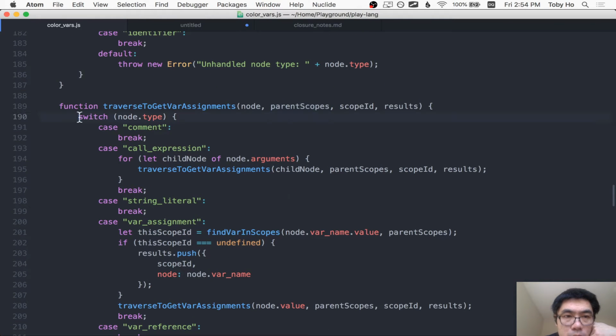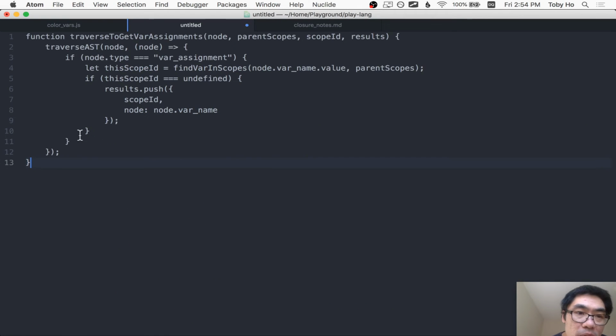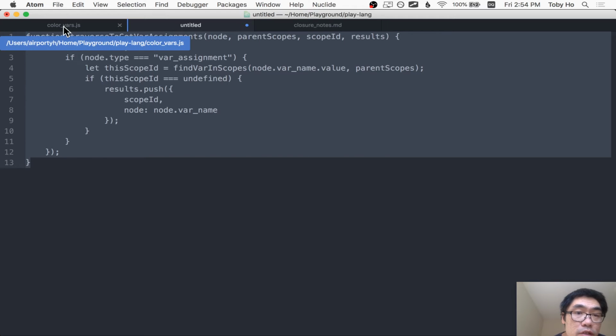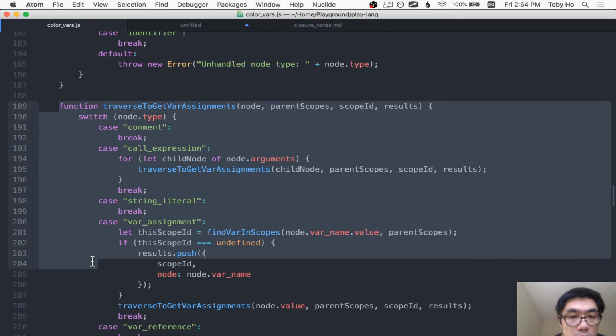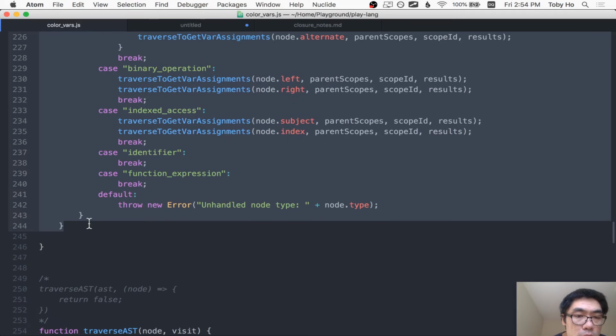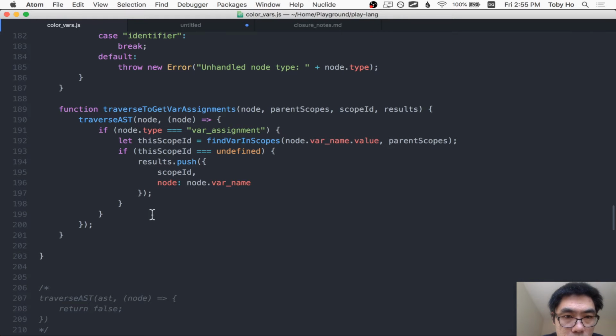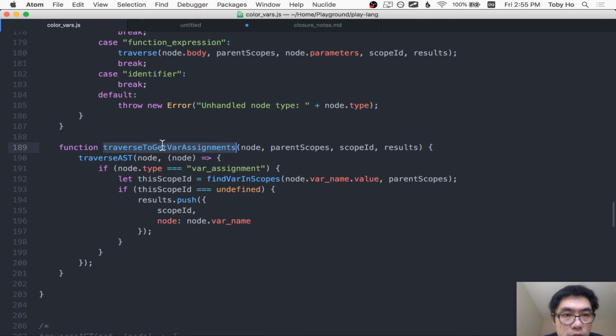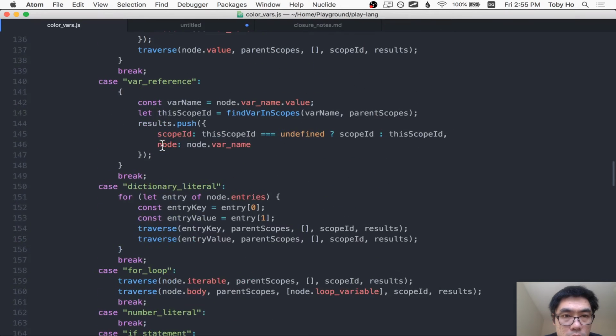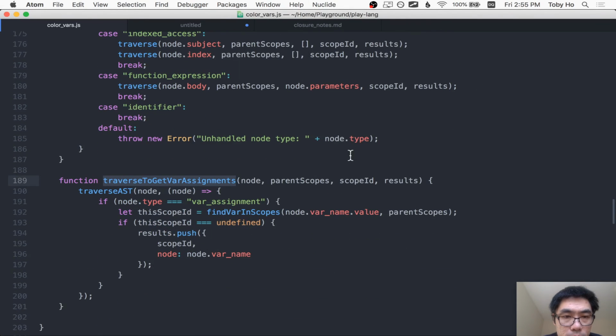I'm not sure. I was trying to get a clue by reading through the code about why my new version of the function is not working, but I didn't get a clue, so I'm just gonna try to debug it. Okay, so the problem is this display variable. I'm expecting it to be assigned to a different scope. So traverse to get var assignments. This guy gets called